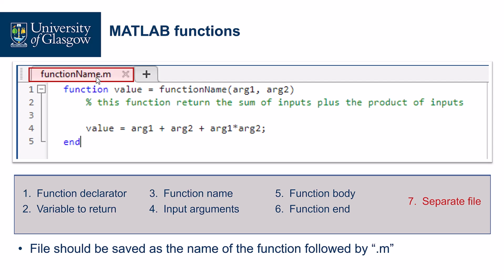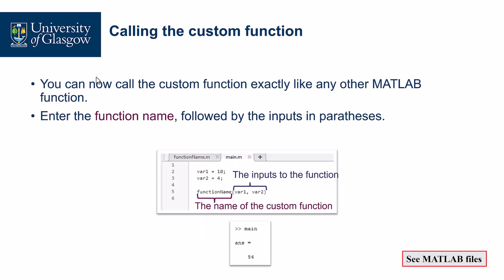Now we have defined a MATLAB function. Then we can call this function, right? The way is the same as any other MATLAB functions. The built-in functions, we use the same way. We provide a function name and we provide the input arguments. So for example, the function we just wrote, we call it by the function name. Then we give two variables. One is var1, one is var2. var1 equals 10, var2 equals 4. So we write the function name, var1, var2, here. Then based on the previous function,